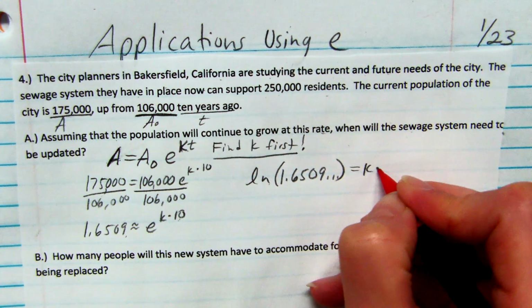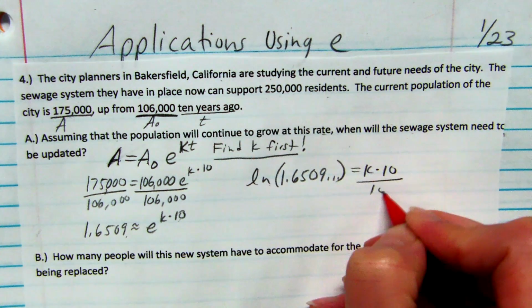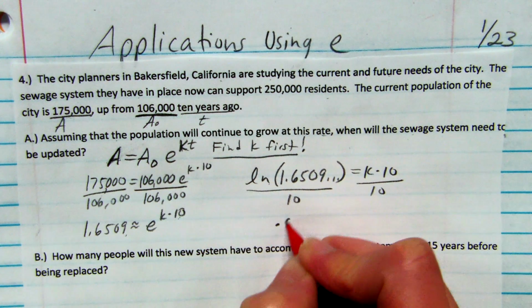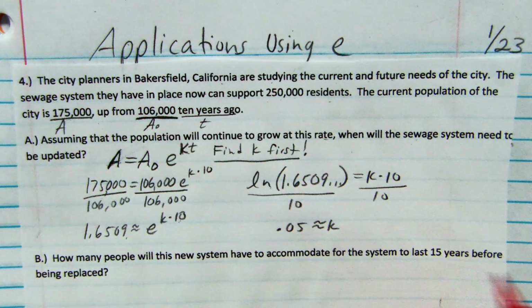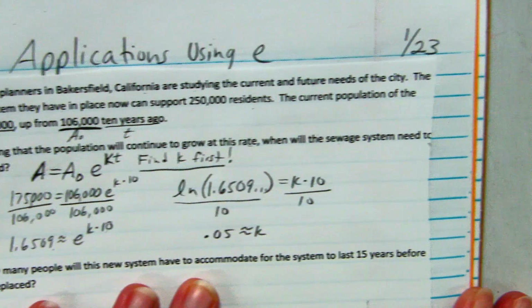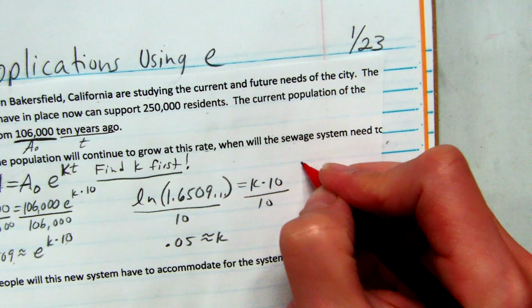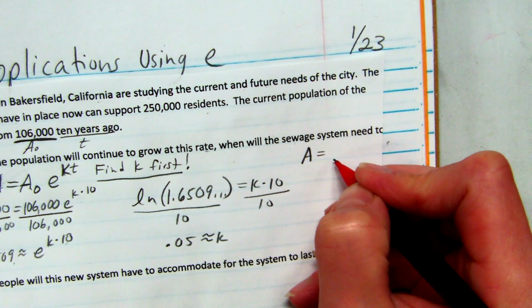Anyway, that equals k times 10. And then divide by 10. Divide by 10. And we get about 0.05 for k for the growth factor. So then we can write our own little formula now where we have the amount equals